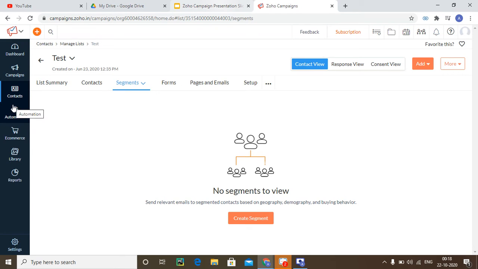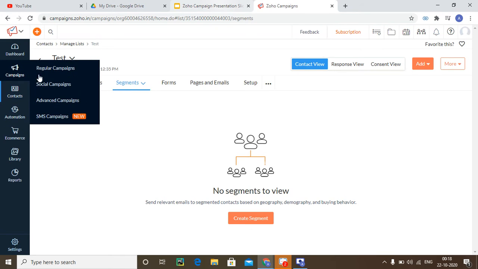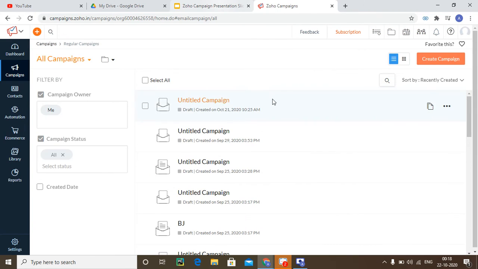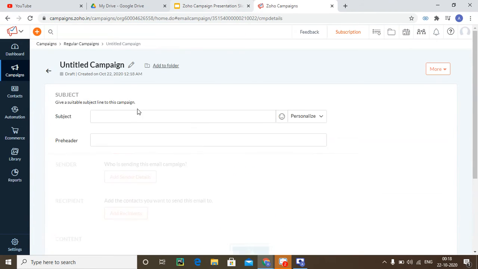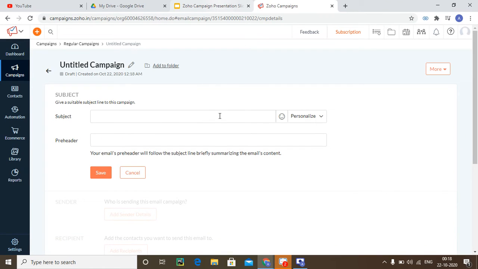And what is it used for? The end use of a mailing list is whenever you create a campaign. For example, you create a particular campaign wherein you give out a particular subject. You can even personalize it based on the contact's first name and last name, and then you can type in the subject eventually. Let's say the subject is: Hello, contact first name and last name,